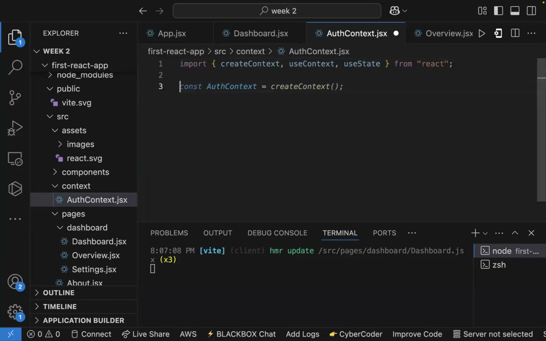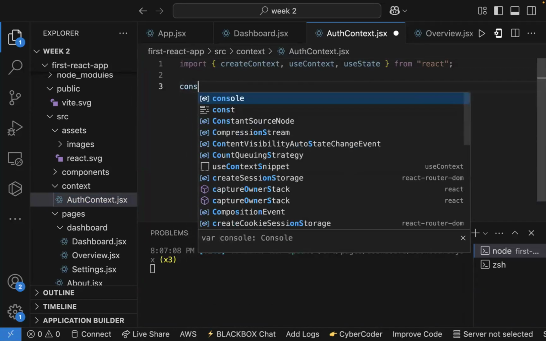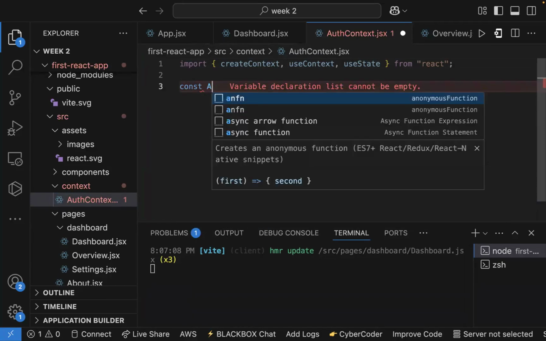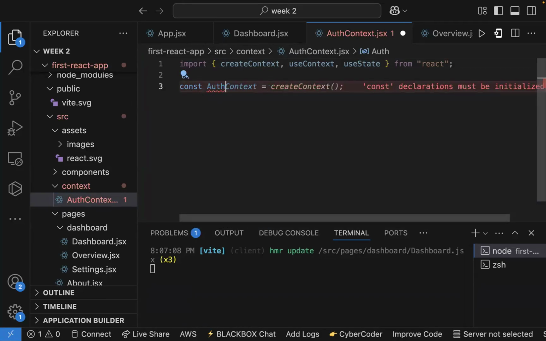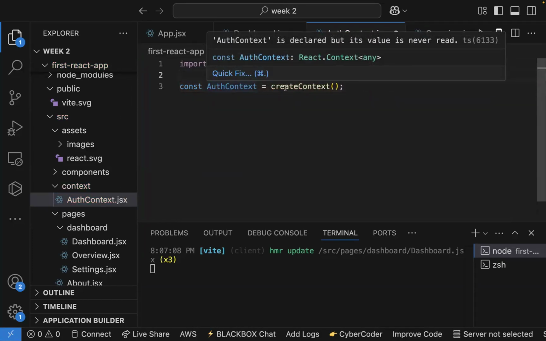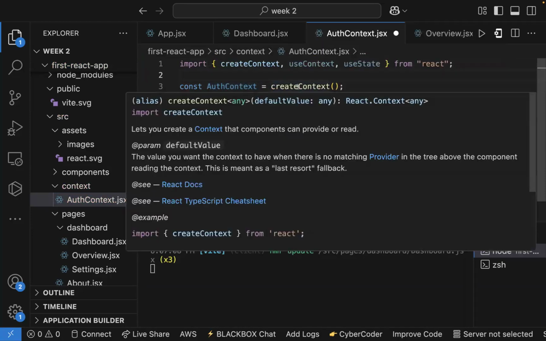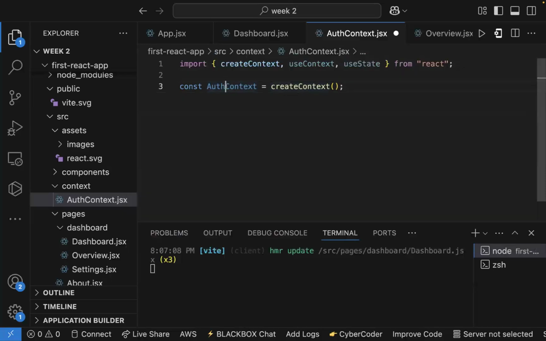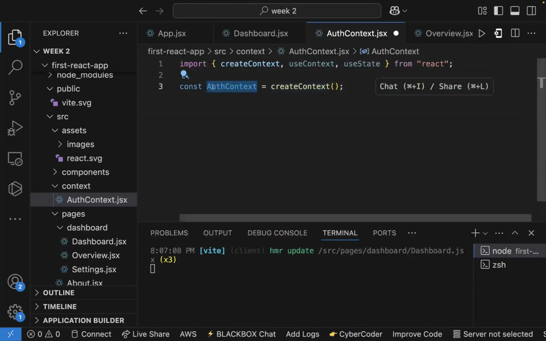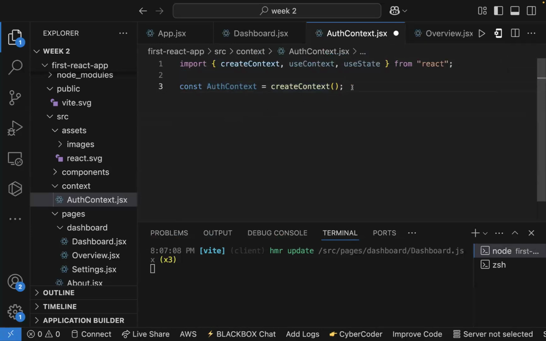So for this purpose now, we will first of all create our context. So let's say auth context, and then using create context, we have created this auth context. So presently now, this is the context provider that we have just created that we'll be using inside our context. So now let's go ahead